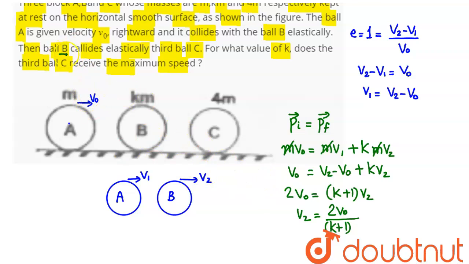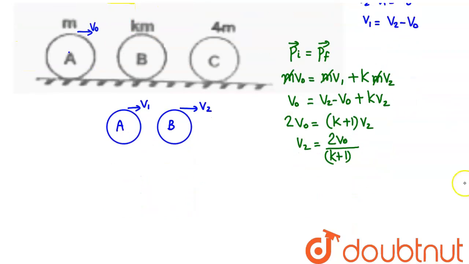Now it again says ball B collides with ball C again elastically. So in a similar manner, consider the collision of ball B with ball C, with masses km and 4m. After the collision, B has velocity v3 and C has velocity v4. So we can say the coefficient of restitution equation for this gives us e is equal to